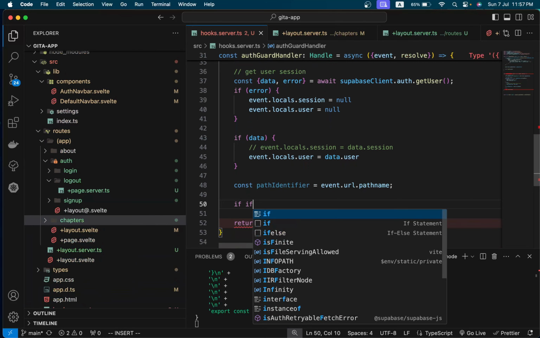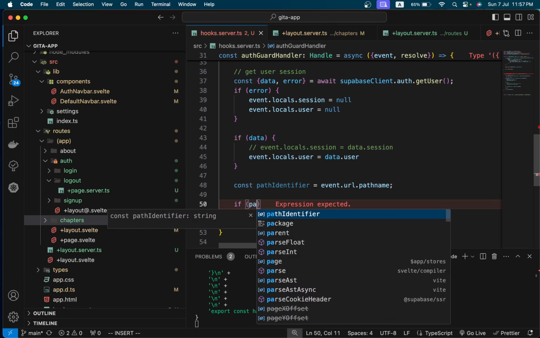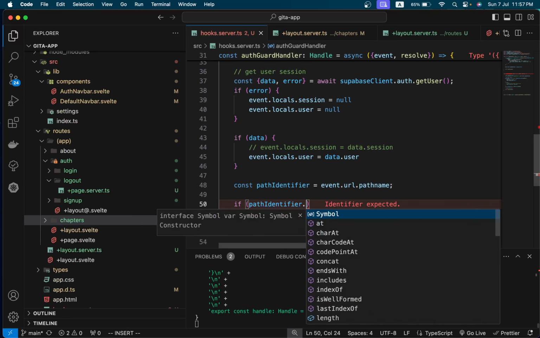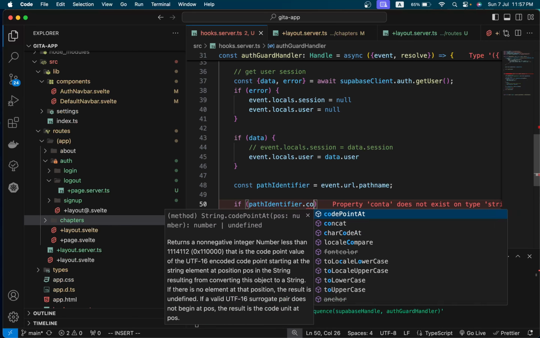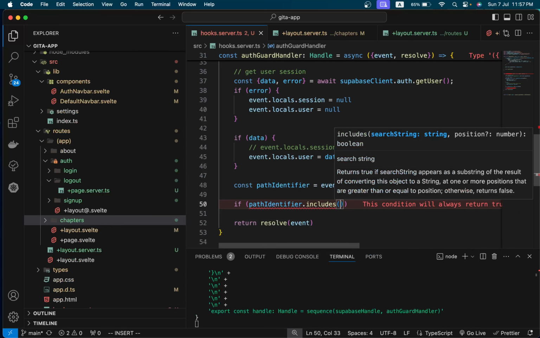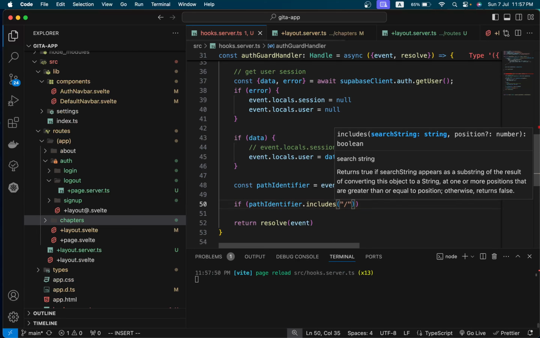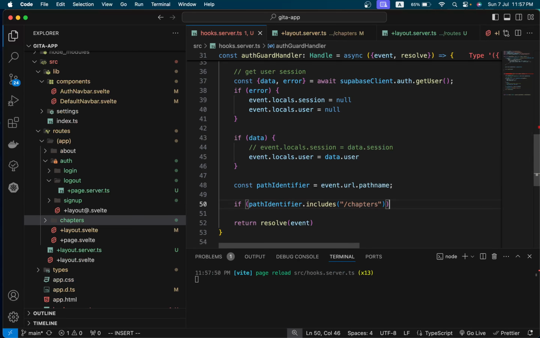If the path identifier includes anything like chapters, and